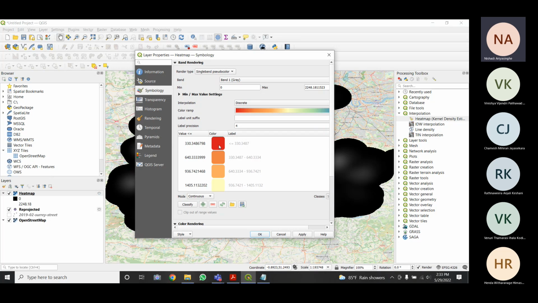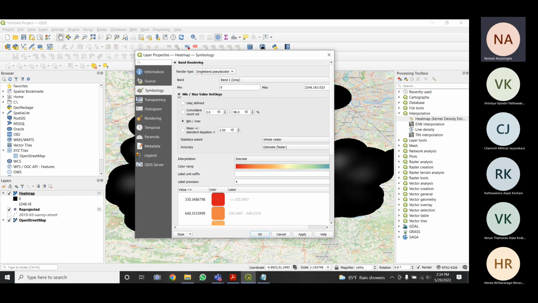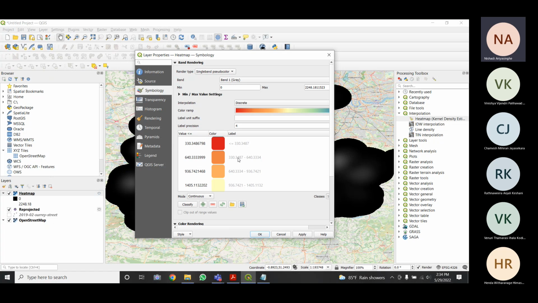When discrete, you can see all the colors here. This is the new color that I have added. All the colors in the color ramp will be drawn like this. The values will be dependent on the weight, the crime type weight, right? There are some other settings as well. You can check them.